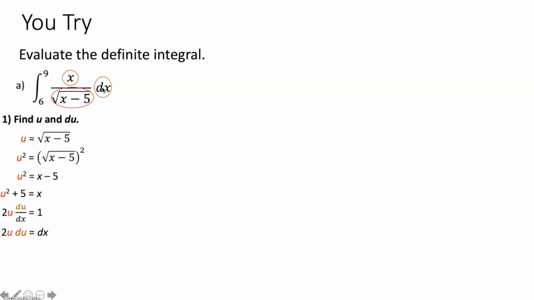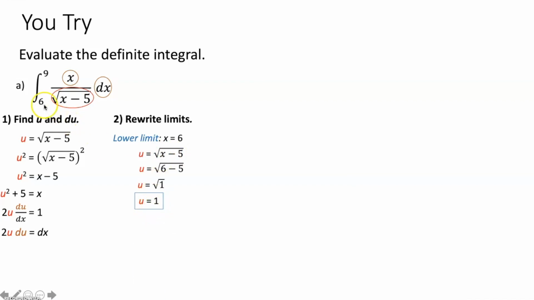Now that I have that, I can rewrite my limits of integration. We're going to start with the lower limit of integration. I'm going to take 6 and plug it in for x in whatever I set u equal to. In this case, that would be the square root of x minus 5. If I take 6 and plug it in for x and simplify, I end up getting a new lower limit